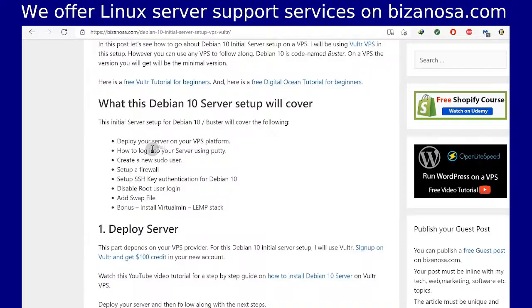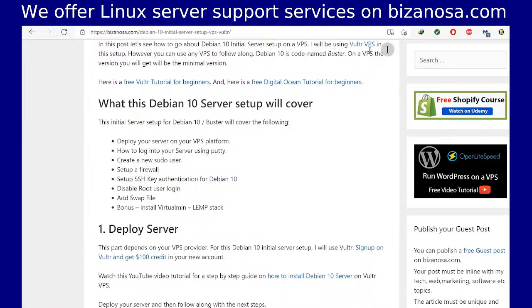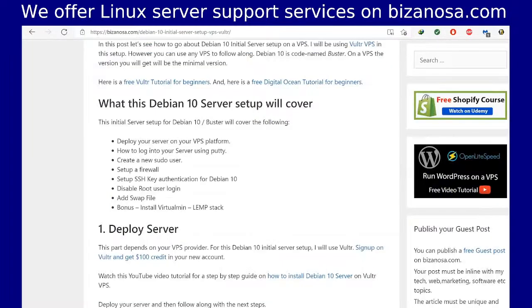And I'm not going to log in via PuTTY. For this specific tutorial, I will be using, what's it called? It's called Git Bash. So if you don't have Git Bash installed, just go ahead and install it. You can download it from Git. Just go to Google, and I'm going to show you that when we get there. I'm going to use Git, but if you want to follow along with PuTTY, you can follow along with this post, which has everything you need,